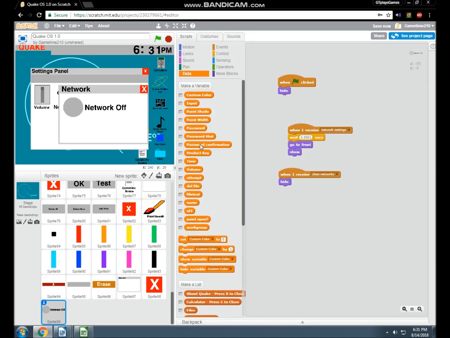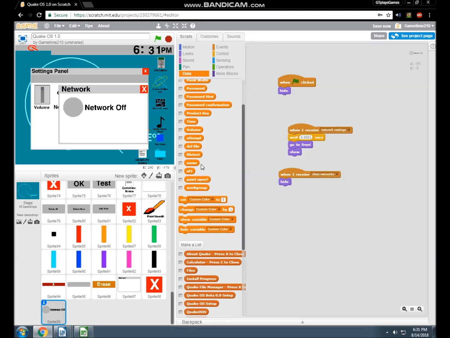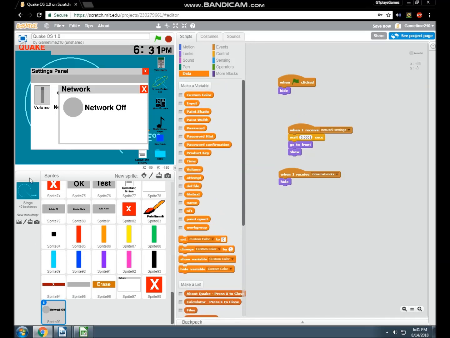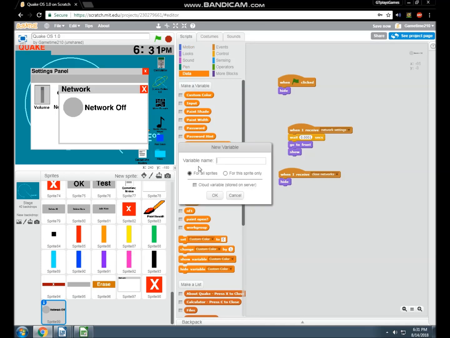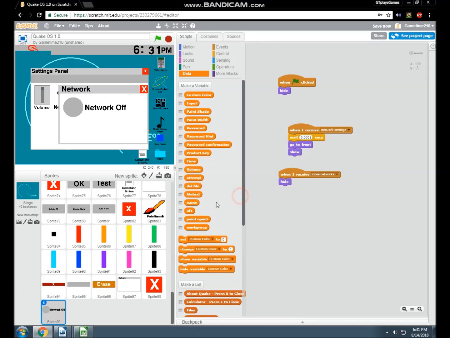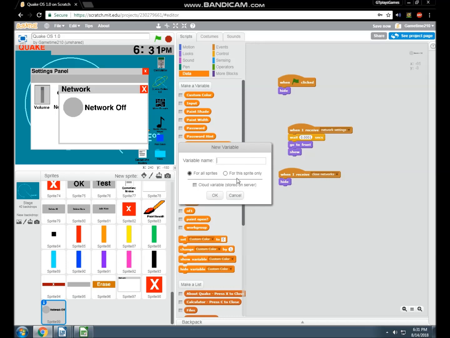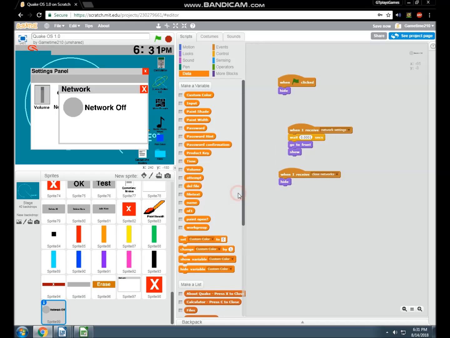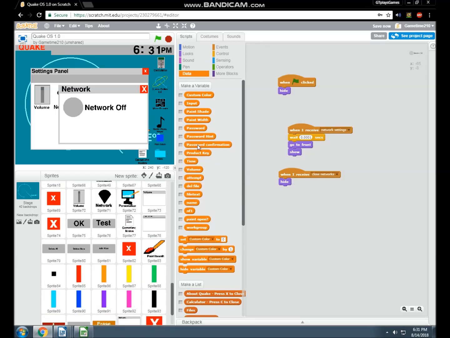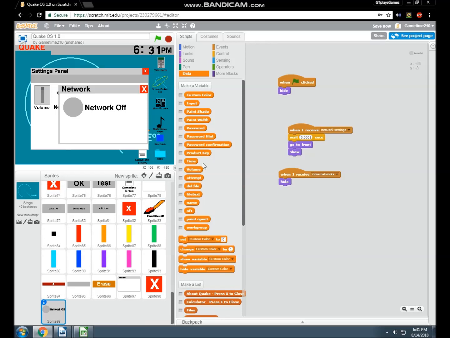And that is because of the magic of variables. As you can see, I got quite a bit of them already for this sprite alone. Well, maybe, no, I don't have any variables for this sprite, but variables that I made for all sprites. But I also have some variables on each sprite for this sprite only.